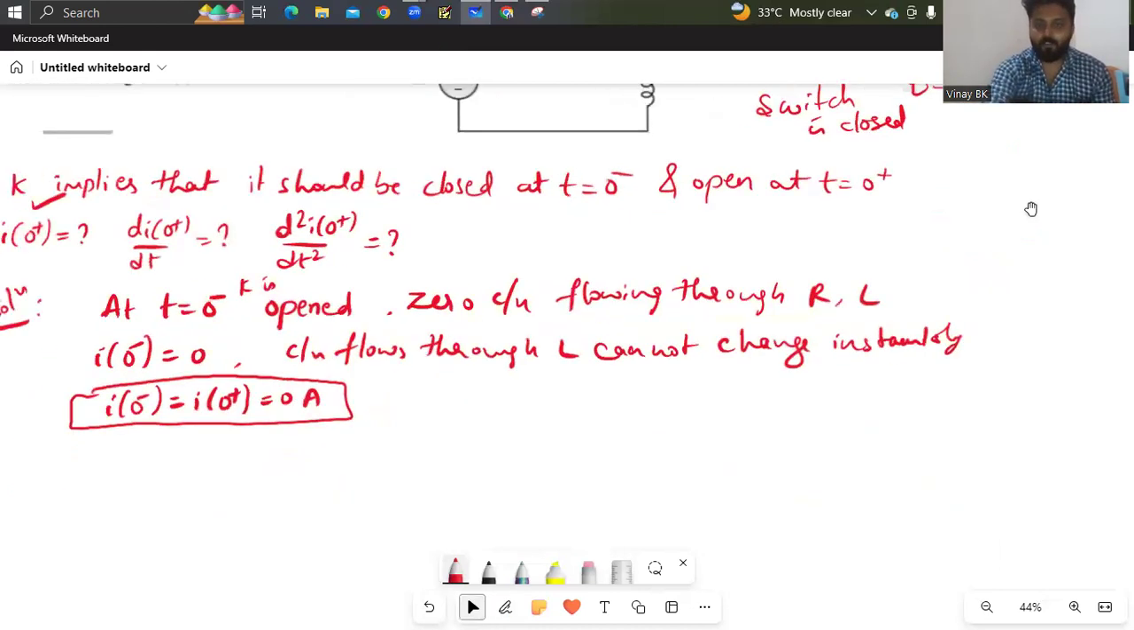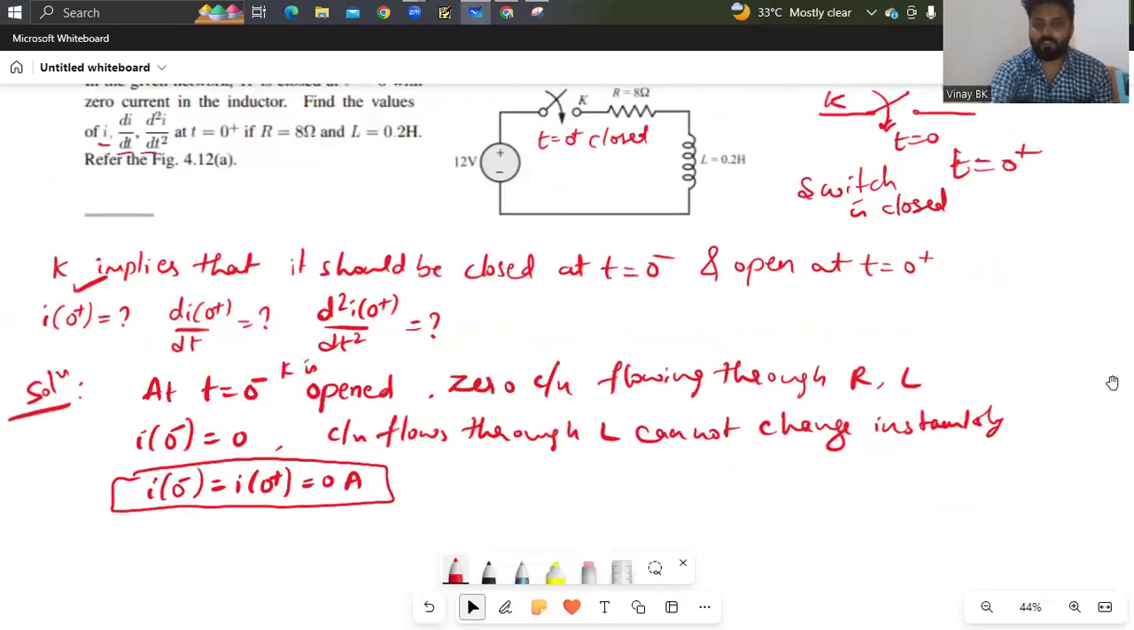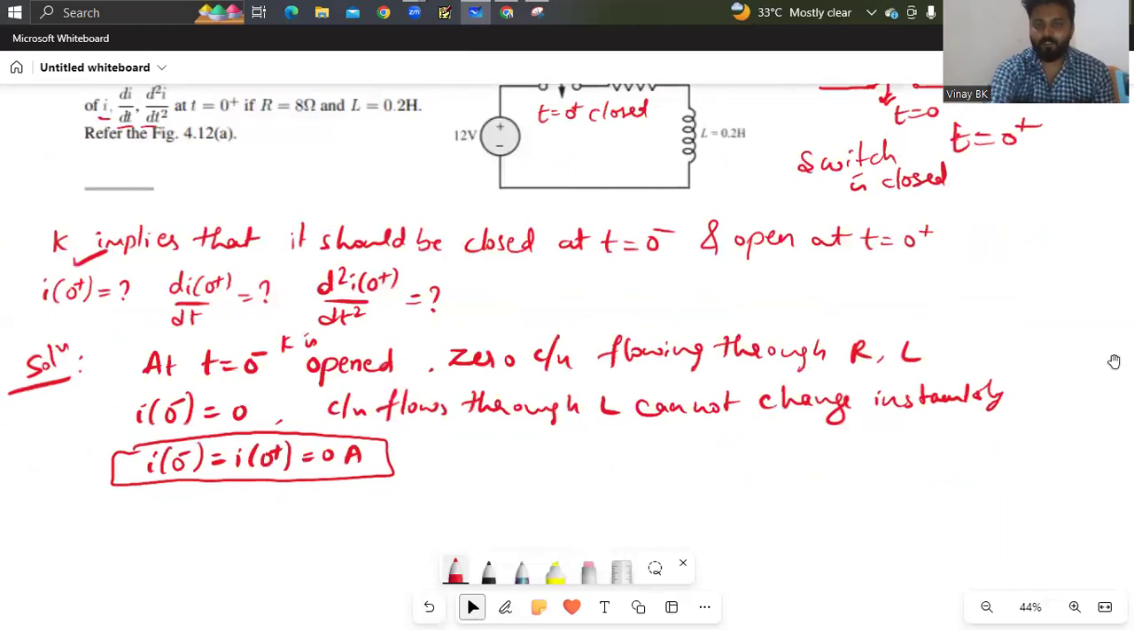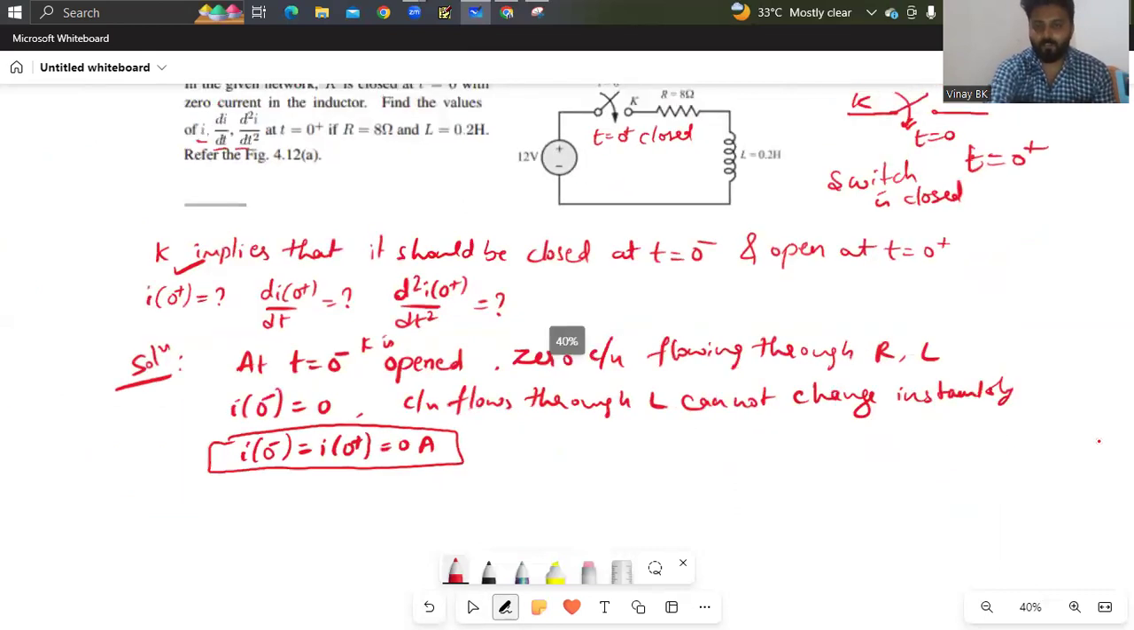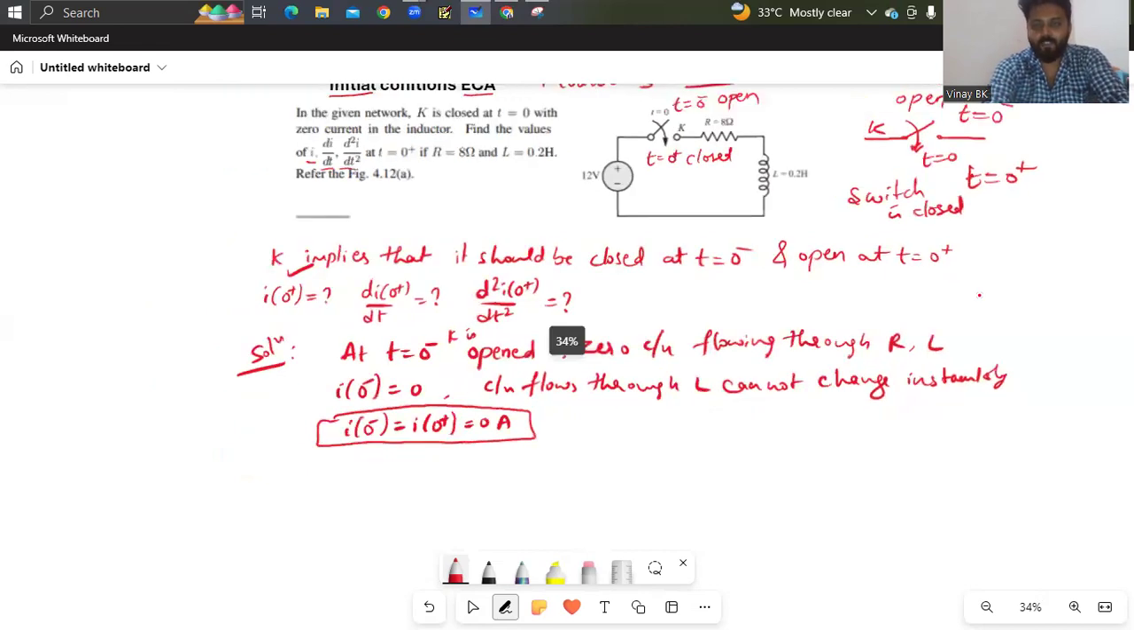So now, what do you need to find? Derivatives. To find the derivatives, first you have to draw the circuit. So just observe the circuit now. Before closing the switch, the current is 0, so the current flowing through the inductor is also 0. Now after closing the switch, that is when t equals 0 plus,